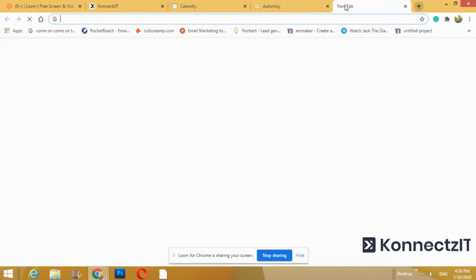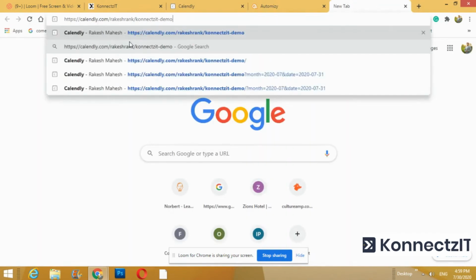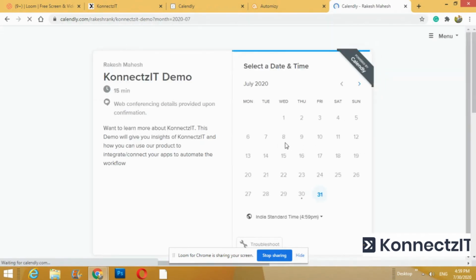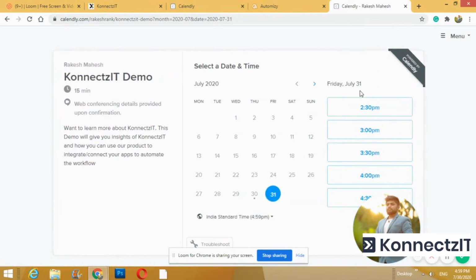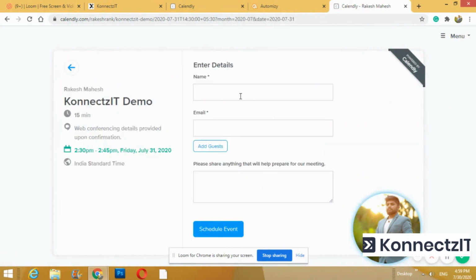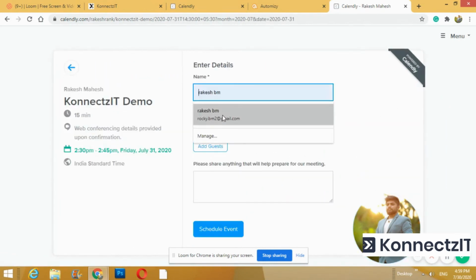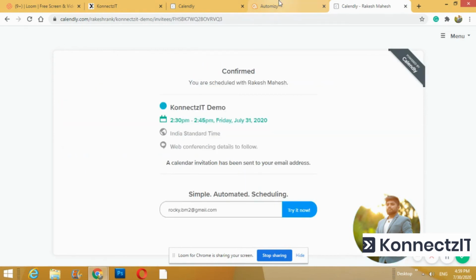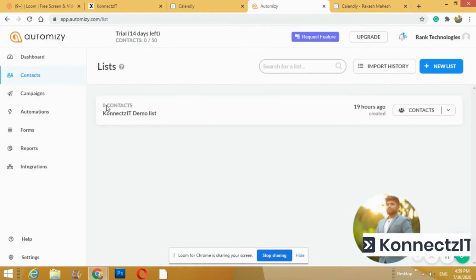I copied the link of my appointment page. I'm just pasting it in here. I'll select my slot, confirm it, and I will add my name, my email ID, and I will schedule an event. Before that, you can see I have 0 contacts in my Automizy.